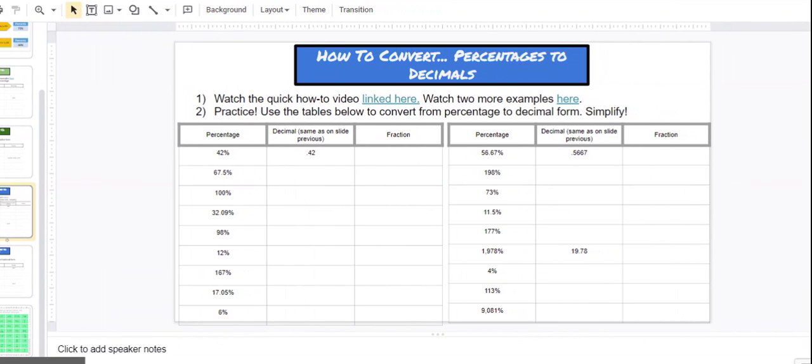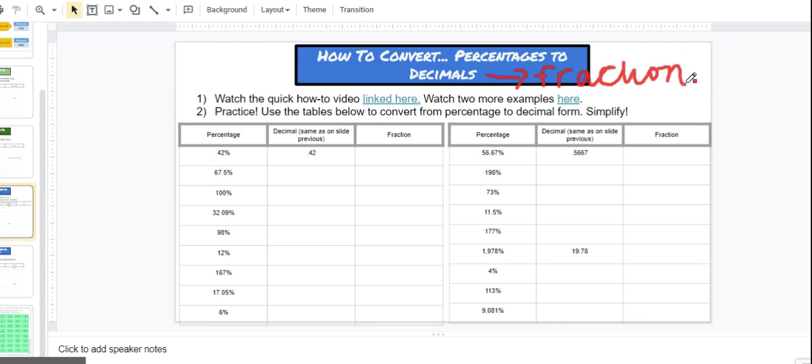All right, this video is on converting a percentage to, essentially, you're going to end up going all the way to a fraction. So we're going to add on to this up here and say we're taking a percentage, we want to turn it into a decimal, but then we want to actually turn it into a fraction from there. And it's a little bit different than some of the other conversions we've done because in this case